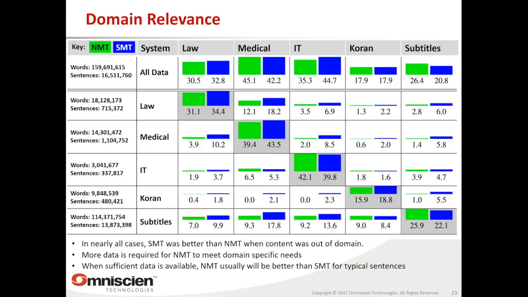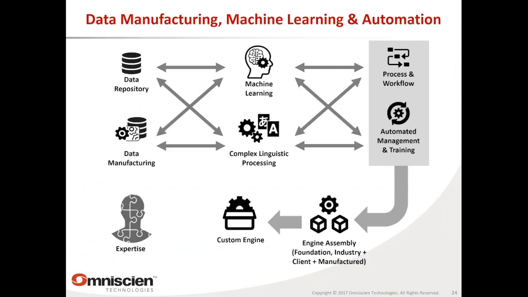For example, medical did very, very poorly when you put it into the law domain, so just an engine trained on law. You can see SMT doing a lot better. But once you start bringing NMT in, NMT is often doing much better when you have a lot more data. The key is to have the right amount of data in domain, and that's where we come in